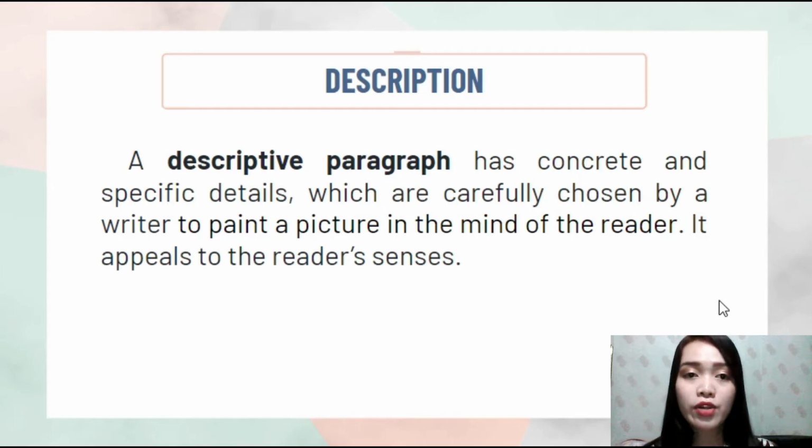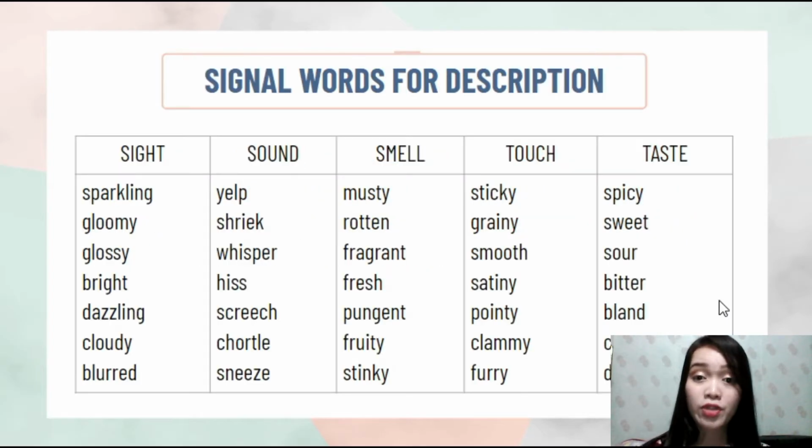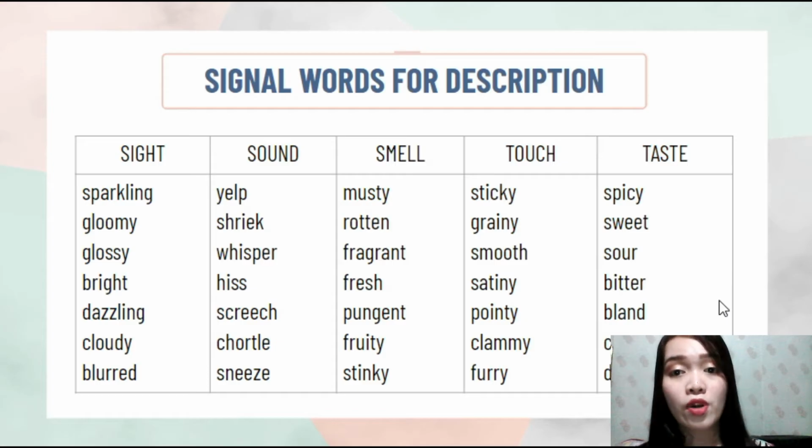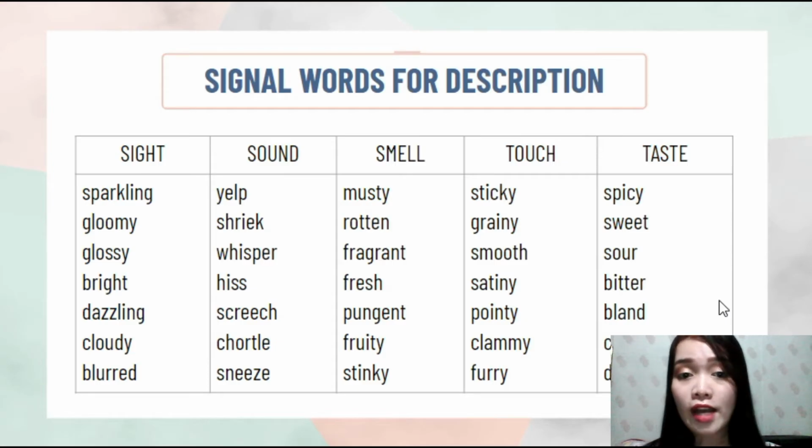So if you're the writer, you let your readers feel how it feels, or you let them imagine how it tastes like, how it smells like, how it looks like, whatever you're trying to describe. Now, these are the signal words that you can use for description. If you are a writer, you can use this kind of words to describe some things, or some places, or experience. And if you are also the reader,